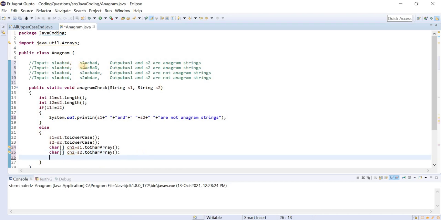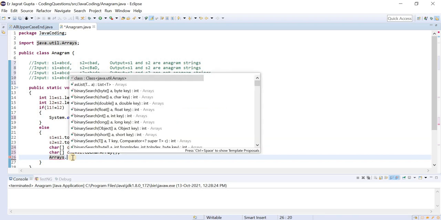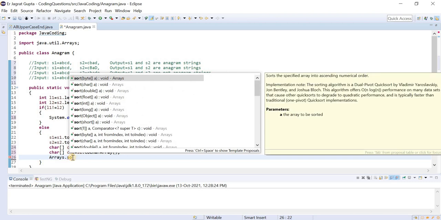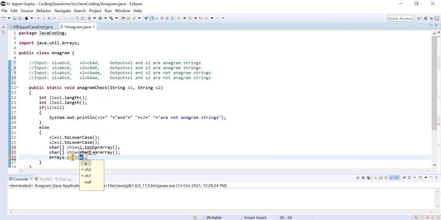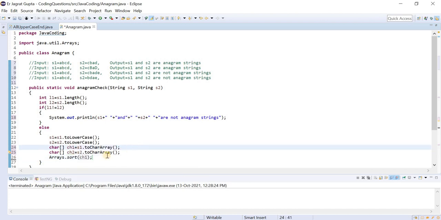Now what we will do, we will sort both. Let us suppose I will incorporate here Arrays dot, so this is a class, Arrays is the class, so with the help of this class we can sort. So Arrays dot sort, and here I will pass this particular character array. What would be the effect? This will sort all the elements,